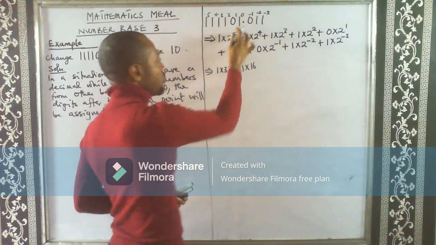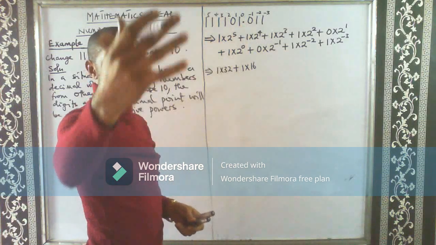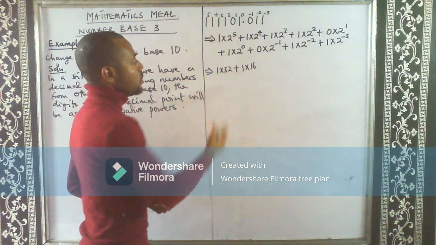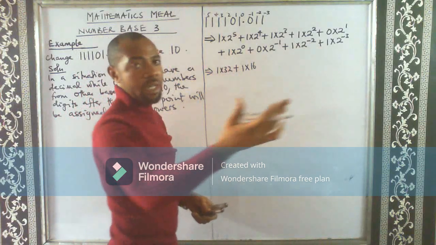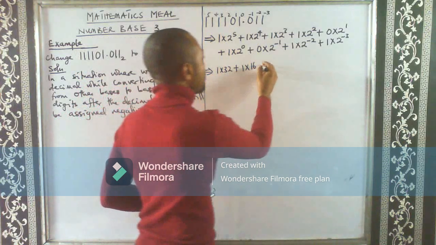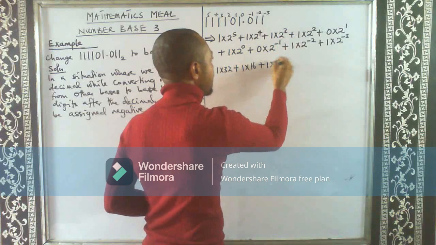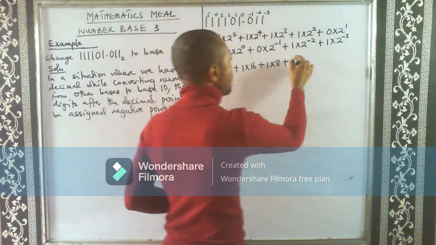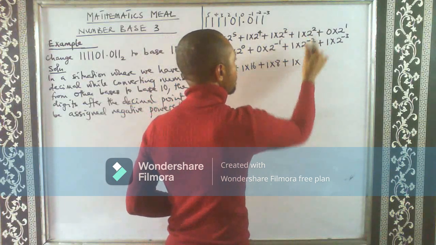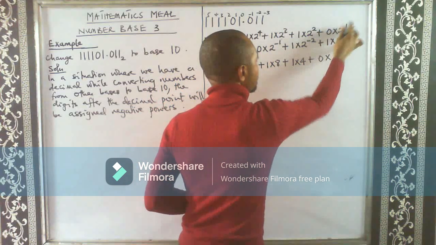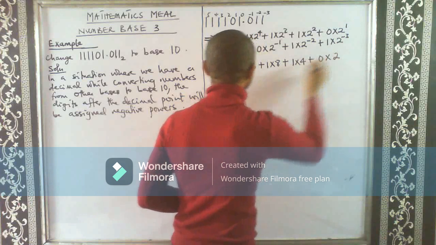We know that 2 raised to the power 5 means multiply 2 five times: 2 times 2 times 2 times 2 times 2. That will give us 32, plus 1 times 2 raised to the power 3, which is 8, plus 1 times 2 raised to the power 2, which will give us 4, plus 0 times 2 raised to the power 1, which is 2,